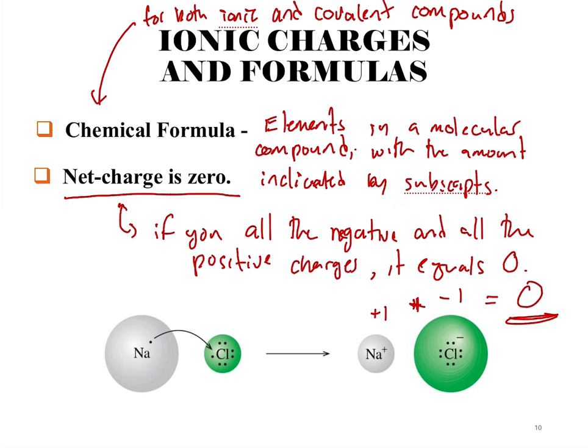So you want the net charge to be 0, and also in the chemical formula, you're going to want the lowest possible whole numbers, right? So I'll just put a little star here: the lowest possible unit. And what I mean by that is, for example, the chemical formula for sodium chloride is going to be